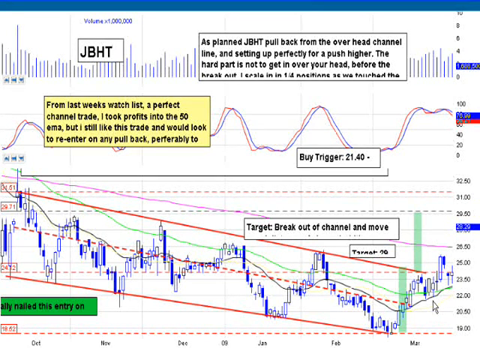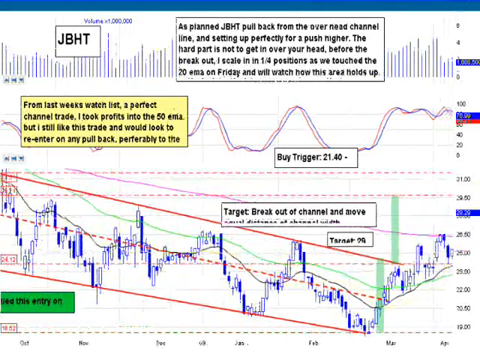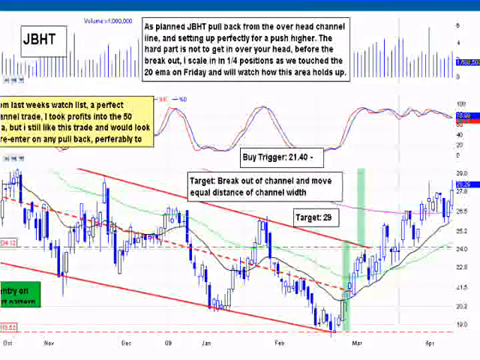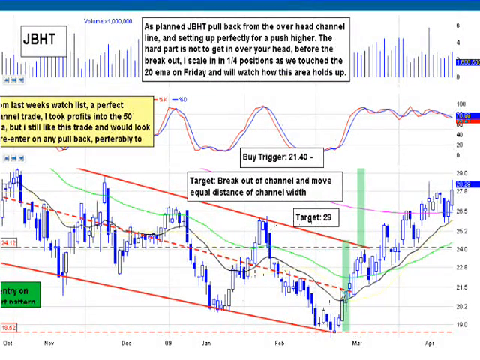Now what I do when I get into a channel trade like this is try to figure out where I want to take my trade to. In a channel trade, you have what's called a measured move profit projection. A measured move is just taking the width of the channel and extending it from the breakout. So I just take that green line here, the width of the green line, and extend it to where the channel was broken out upwards. That would probably give me a target a little above $29, which I had here as my target. Buy trigger was $21.40,